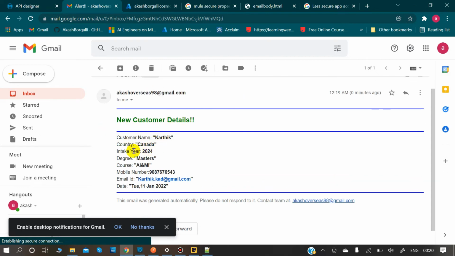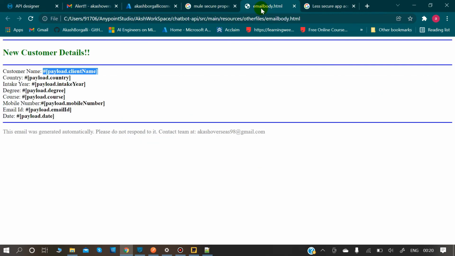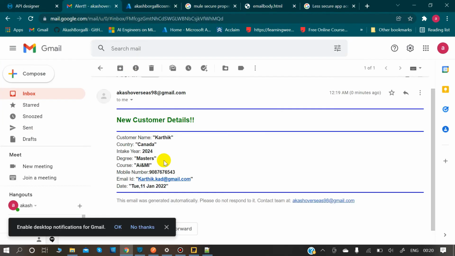This is the customer name, country, this is the email ID and stuff. This format we see here in email body. Yes, this is a mule expression from which that particular data got added. And yeah, this is the particular structure which it tried to validate and give us.